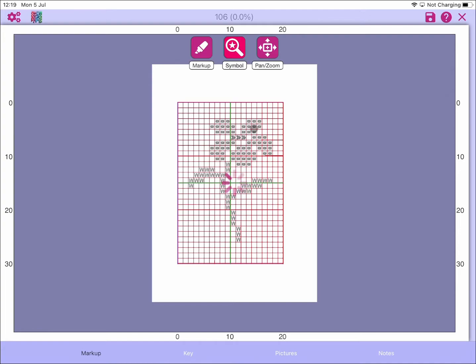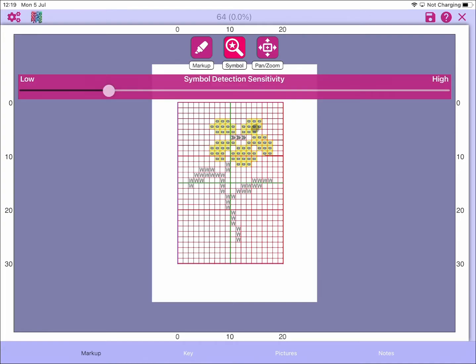We've slightly improved the symbol search and how we manage and find symbols. A couple of users said they had issues where the symbol search was detecting non-similar symbols, and we've traced that back to an issue with contrast. So a fix has also been put in for that. Hopefully we should only be picking up symbols that do look very similar, like in this example here.